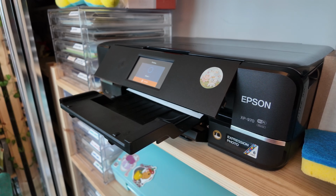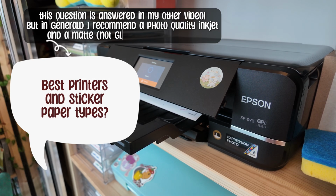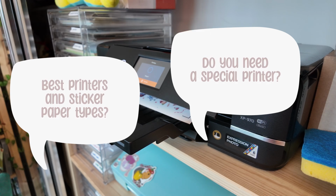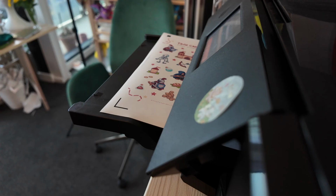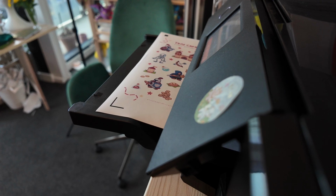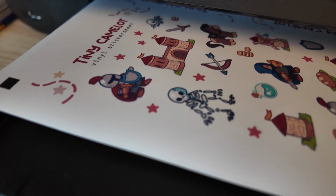One person asked if I could cover the best printers and sticker paper types, and someone else asked, do you need a special printer for making stickers? So the answer is not really. You can use kind of any printer that you want, but in my case, I'm using a dye-based inkjet printer. I wouldn't necessarily say that this is the best kind of printer to use. It is, however, the most commonly available and the most affordable type of printer you can use for high quality